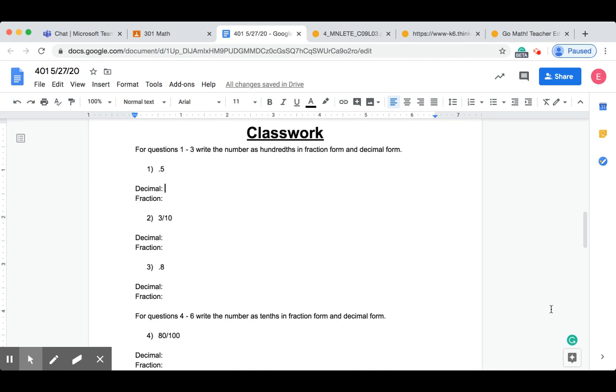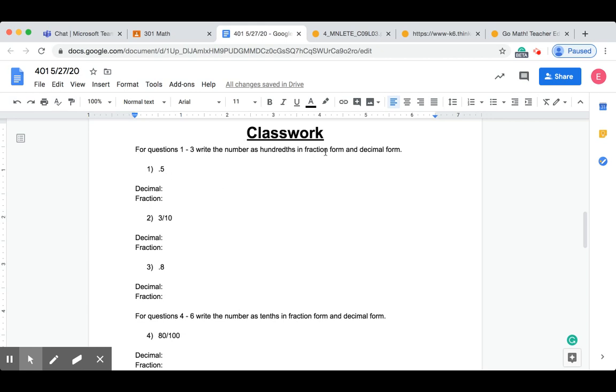So for our classwork the other day, for questions 1 to 3, we had: write the number as hundredths in fraction form and decimal form. Now it's important we read the directions: in hundredths form. This number right here is 5/10. Some of us just went ahead and wrote it again and then wrote it as a fraction. Now what we're being asked to do, we need to read the directions. We want to write our numbers, so we're going to have 3 different tenths, 5/10, 3/10, 8/10, in fraction form